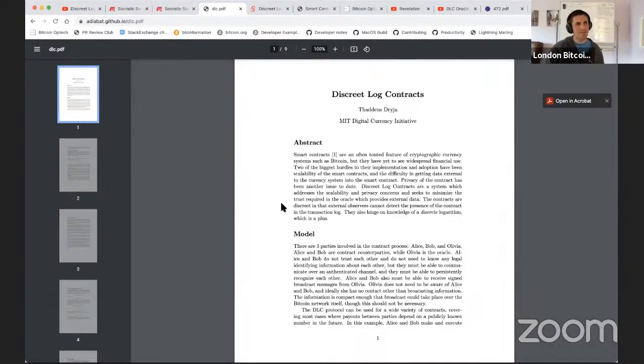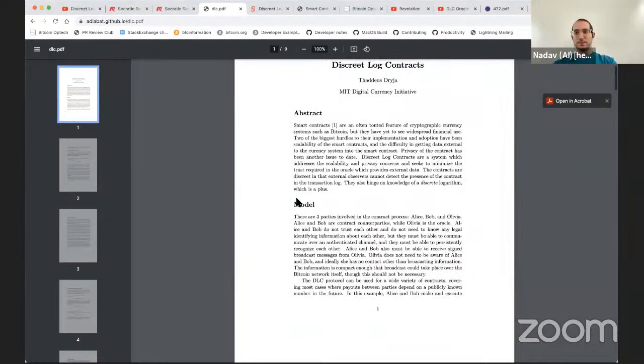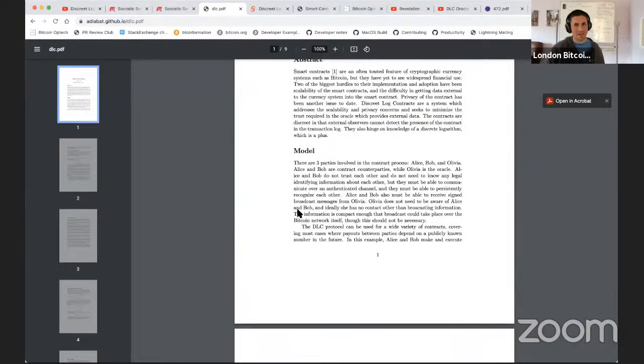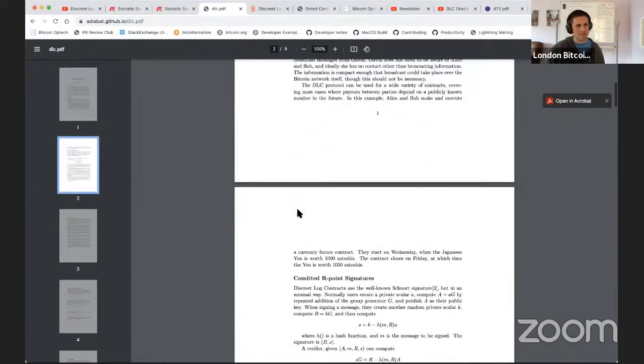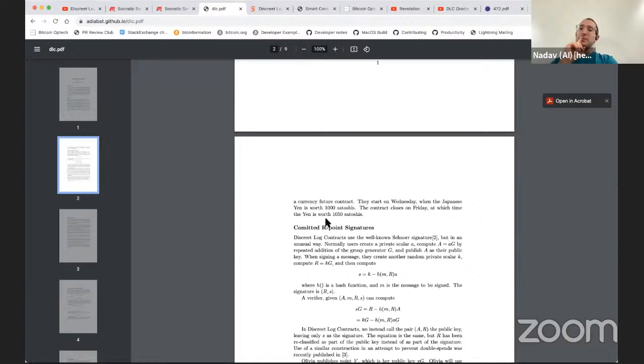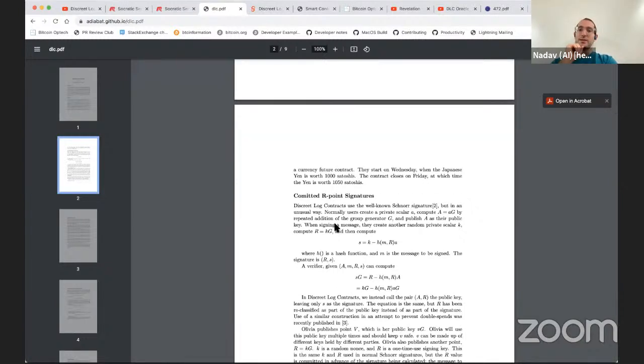And this is around the time, because Tadge is a co-author of the Lightning white paper as well. That's right. So this is only shortly after Lightning. So it's not using adapter signatures, it's not using Lightning. And Schnorr obviously was years away from being activated. So presumably it's not using Schnorr either. I guess it is using Schnorr. No, yeah, it is using Schnorr.